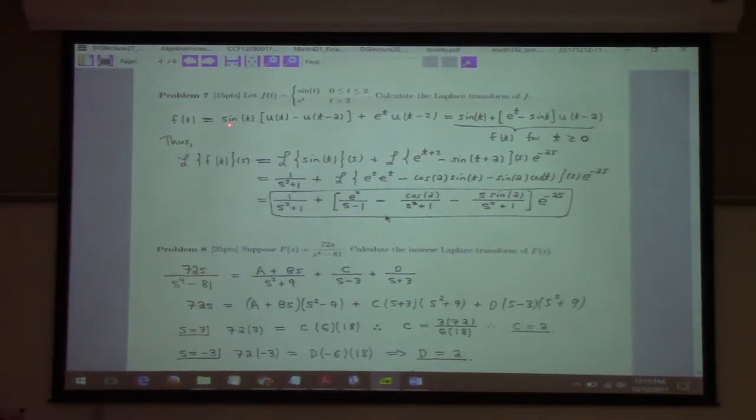But first step, of course, is to convert to the unit step formulas, then take the Laplace transform of each piece separately. By the way, u(t) times sine t is just sine t for t greater than 0, right? Because, well, anyway, that would produce an e to the 0s, which would go away. But anyway, so this, by the theorem, is e to the t plus 2 minus sine of t plus 2. Then I got to use my laws of algebra and laws of trigonometry to bust it out into these three terms. And then that gives us 1 over s minus 1. This gives us the 1 over s squared plus 1. This gives us the s over s squared plus 1, all times e to the minus 2s. But, all right, so there's that one. The other one down here,